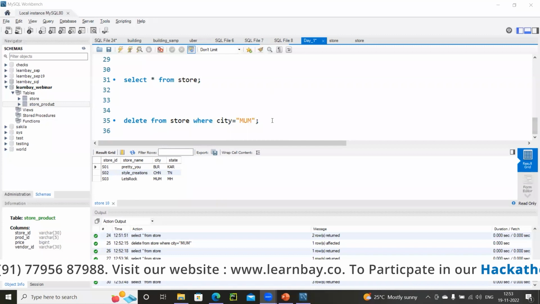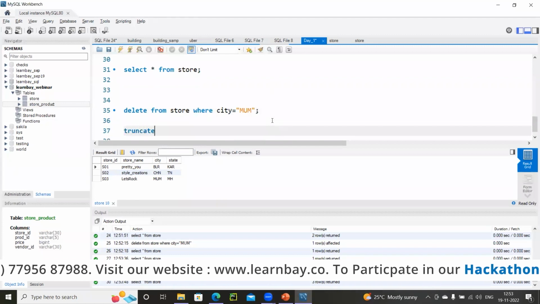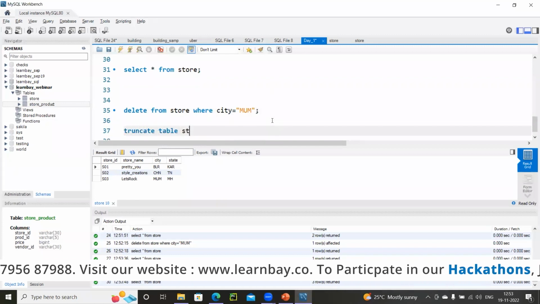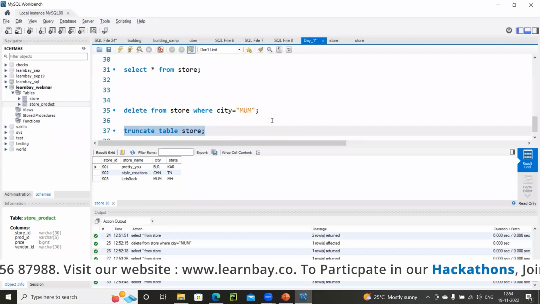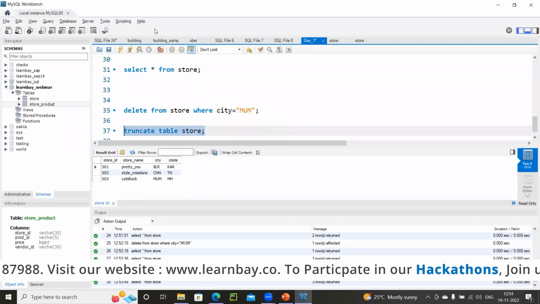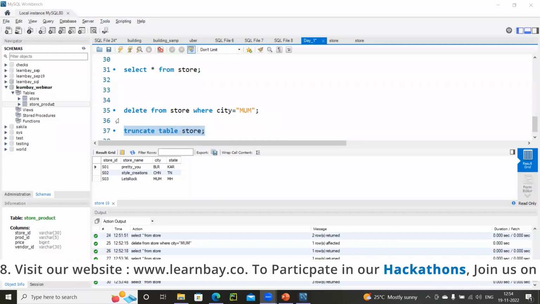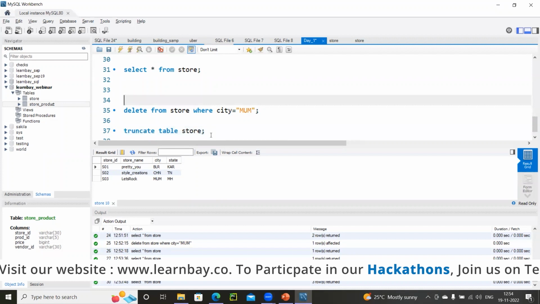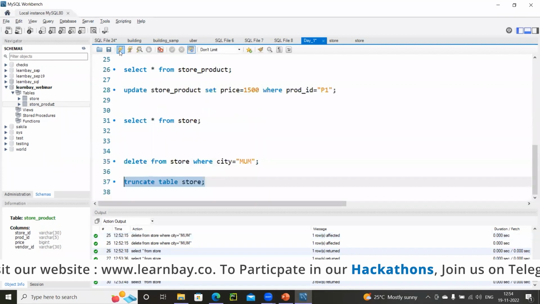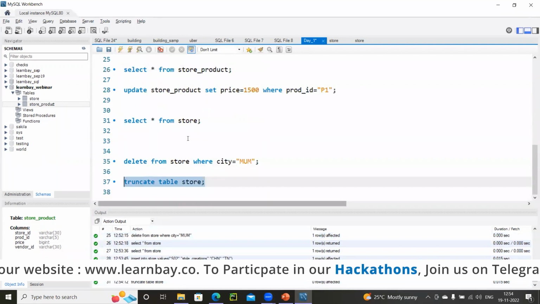I'm going to write truncate table store. What do you think will happen after this? What do you think will happen? I'm selecting this, clicking on run. It's a success.